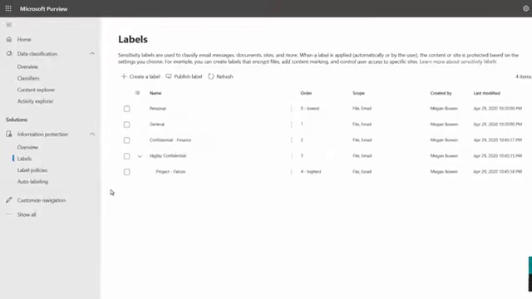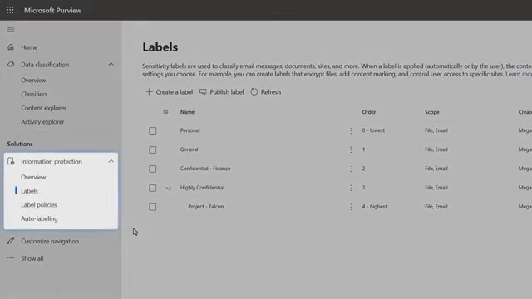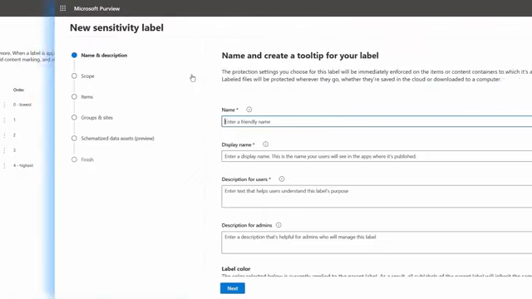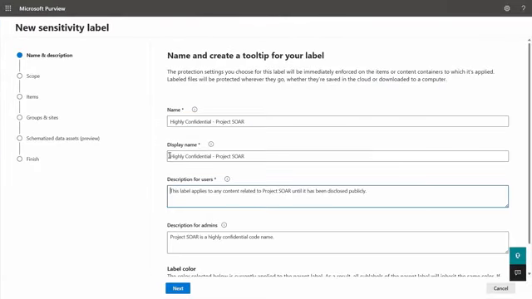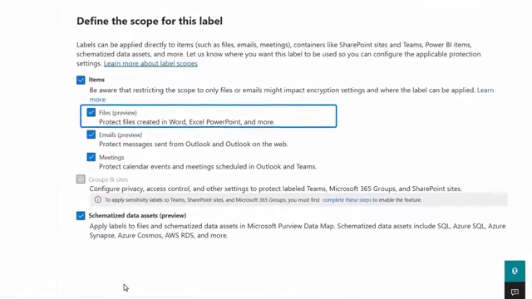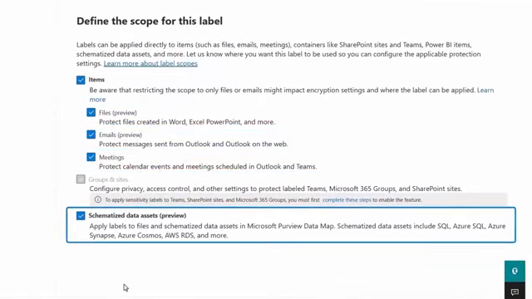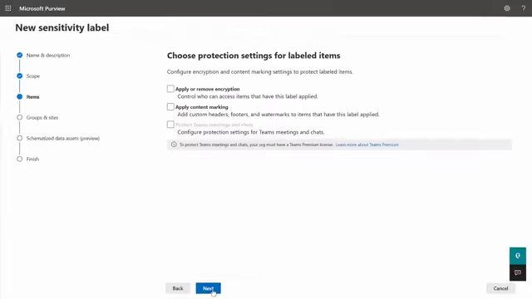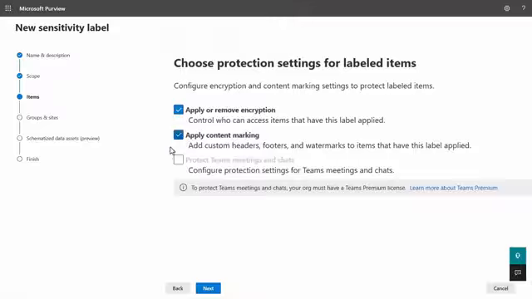In the Microsoft Purview Compliance portal under Information Protection, under Labels, I already have a few sensitivity labels built to help classify email messages, documents, sites, and more. To create a label, you start with a name and set of descriptions. And from there, you can choose where the label applies. You can see files, emails, meetings, even schematized data assets, which apply if you're using data catalog environments like Microsoft Purview Data Map. Next, you can specify corresponding protections for labeled items, like encryption or the markings you saw before